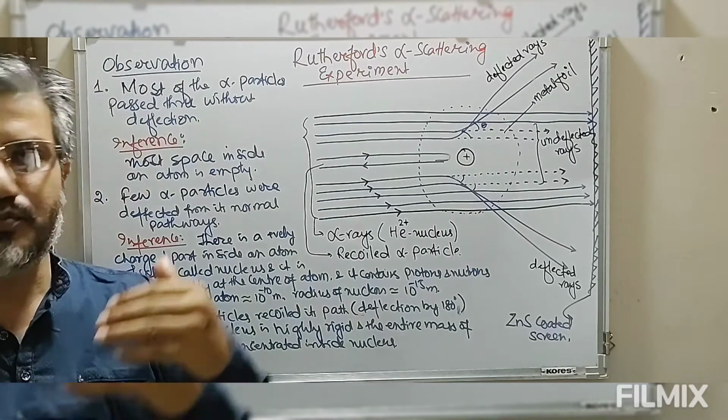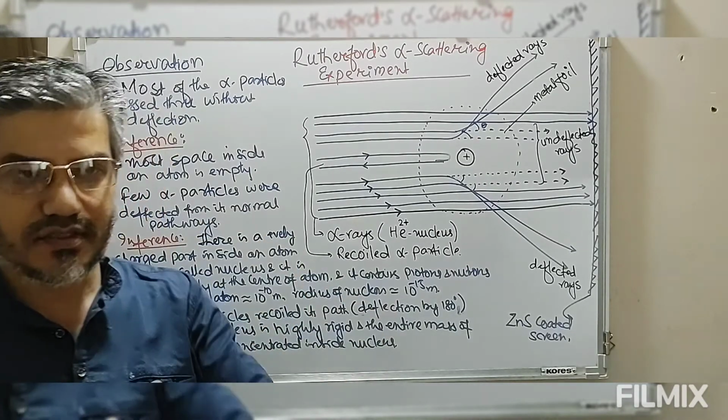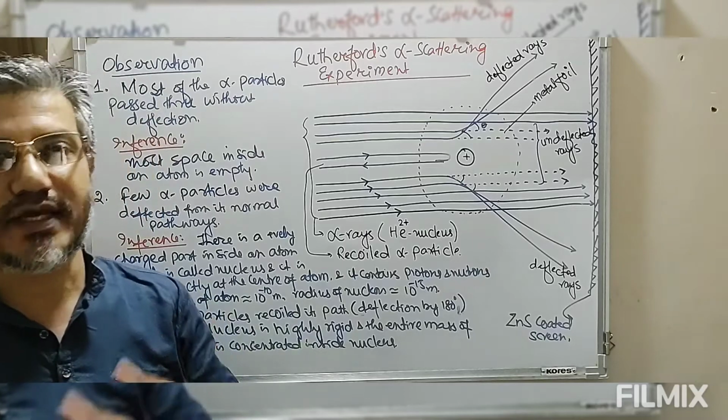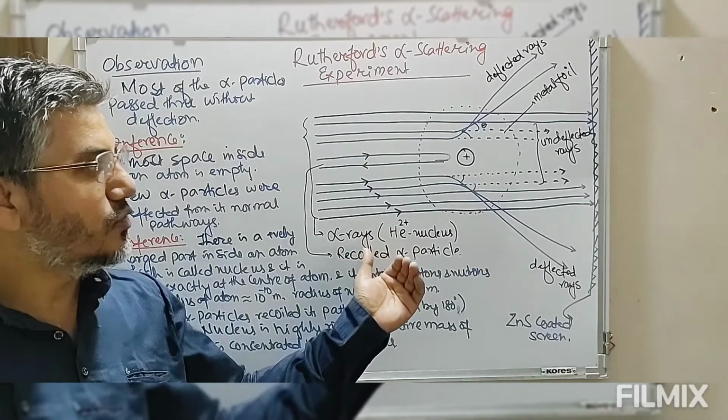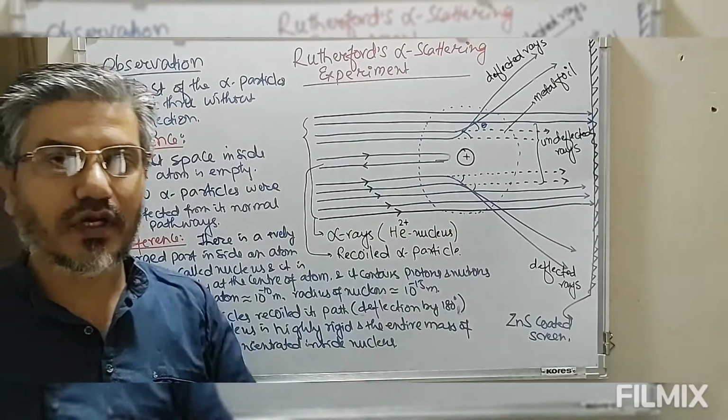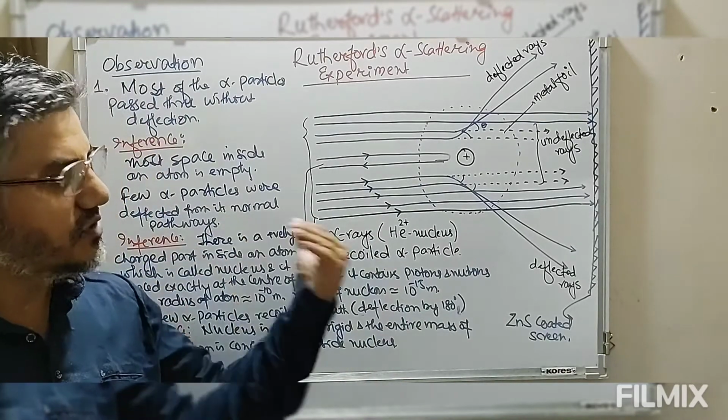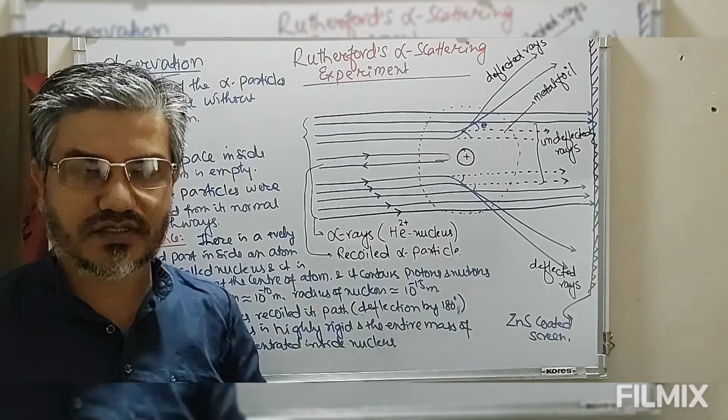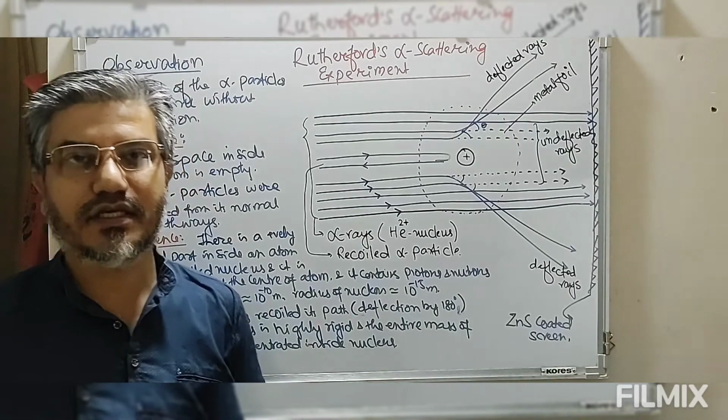Now, this nucleus being positively charged, there are negatively charged electrons surrounding it in circular orbits. The number of positive charges and negative charges surrounding this nucleus should be exactly equal for a